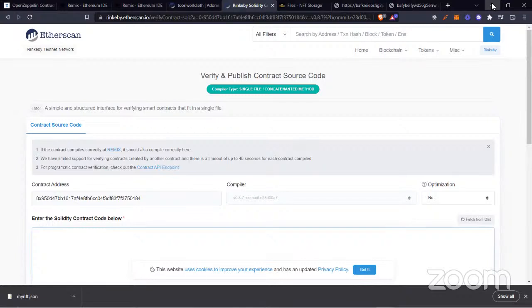So please, if you are still not sure how to add metadata to your NFT, to your ERC721, make sure you watch the video from the start. I did a short demo of how you could do it. It's pretty easy. Once you're able to upload your file to IPFS and you get the link, then you make sure that you put the link in your minting function, and